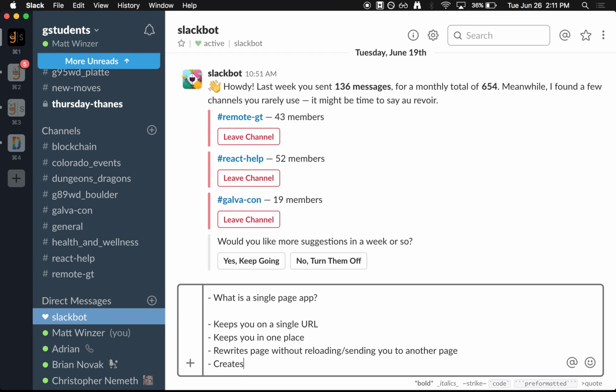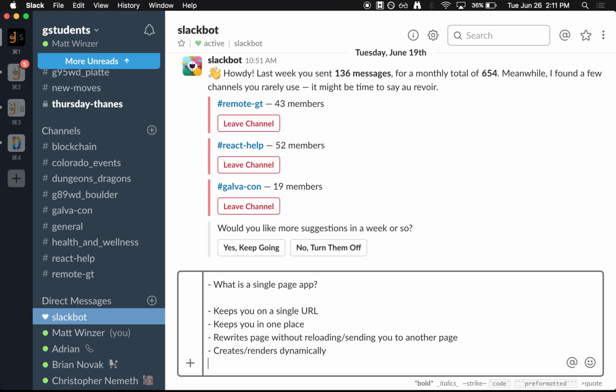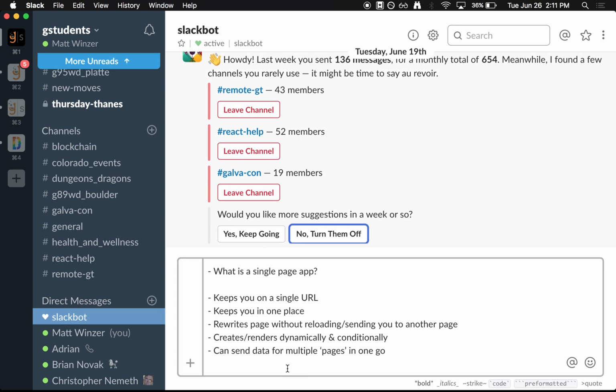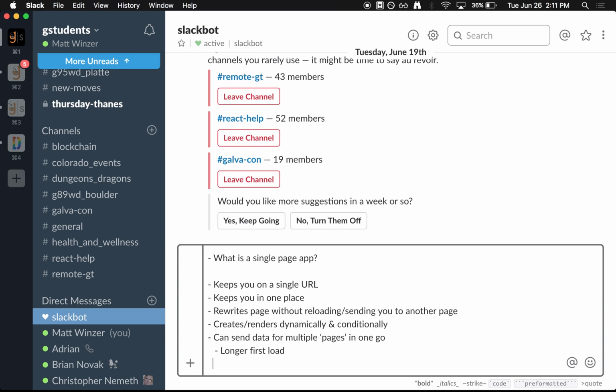Yeah, so let's say create slash renders dynamically. Yes, dynamically and conditionally. I love that. Cool. Anything else? Nice. So, a longer first load, yeah, I like that a lot. Let's just capitalize that. Really fast from there, usually,